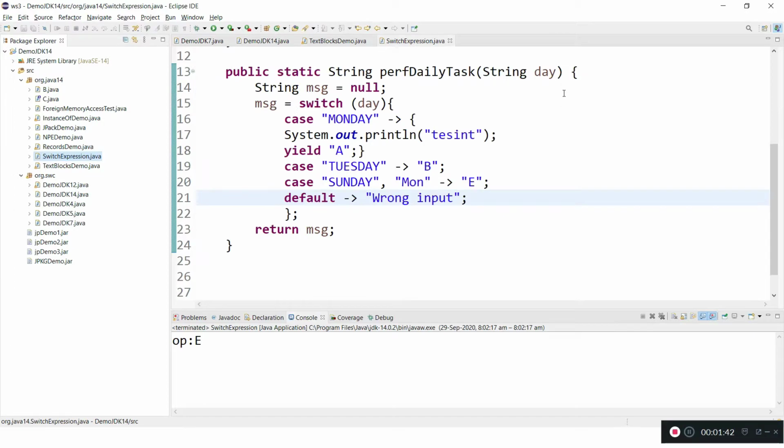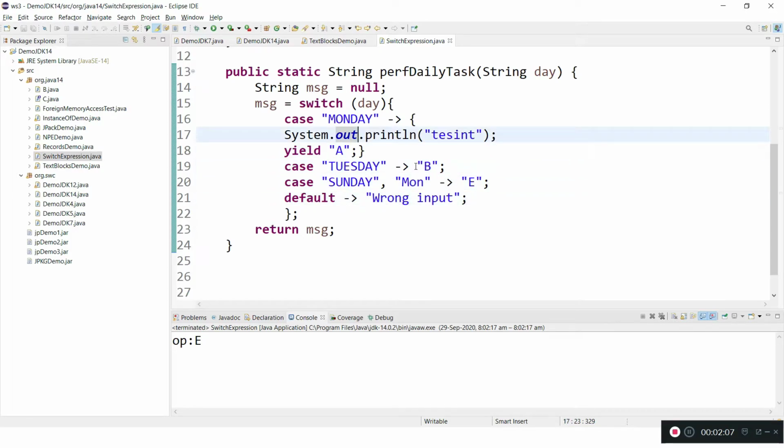Let me go to the JDK 14 switch expression. This is how we write a switch expression. Switch expressions can return a value, so in each case if you want to return a value directly you can write it like this, and default is mandatory to return a value.